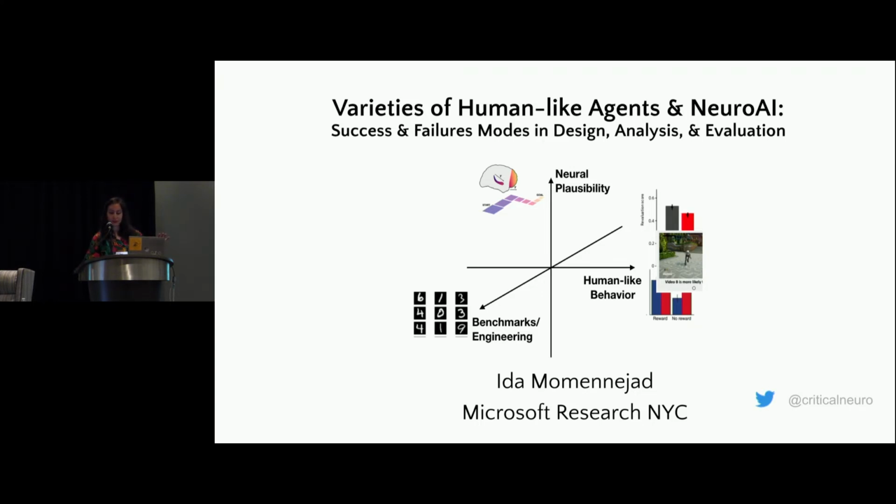I'm excited to tell you a little bit about, first, some varieties of human-like AI, different approaches to it, and what are the success and failure modes. And in the second part, I'll tell you a little bit about different reinforcement learning models and how, for instance, they can be tested on varieties of behavior. I will also propose that we could have generative adversarial post-publication review at CCN, and I will highlight with one slide, one example of why that would be important and how that's related.